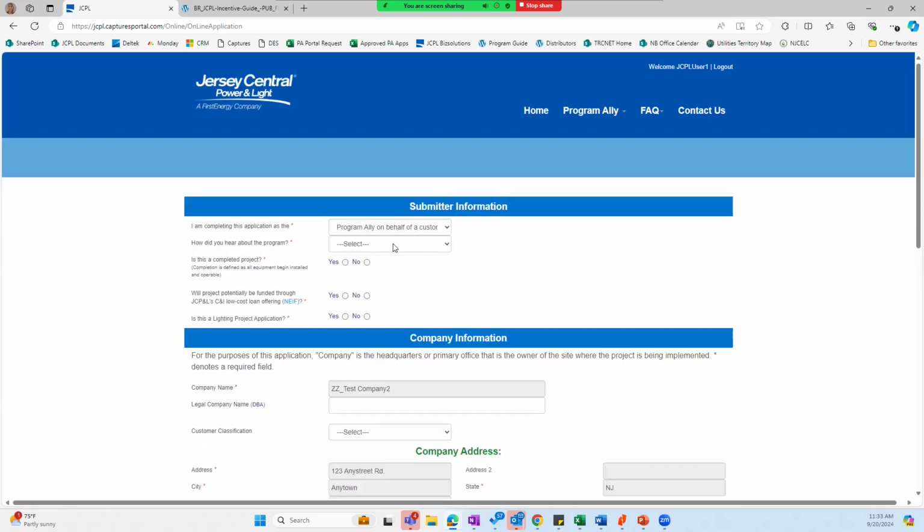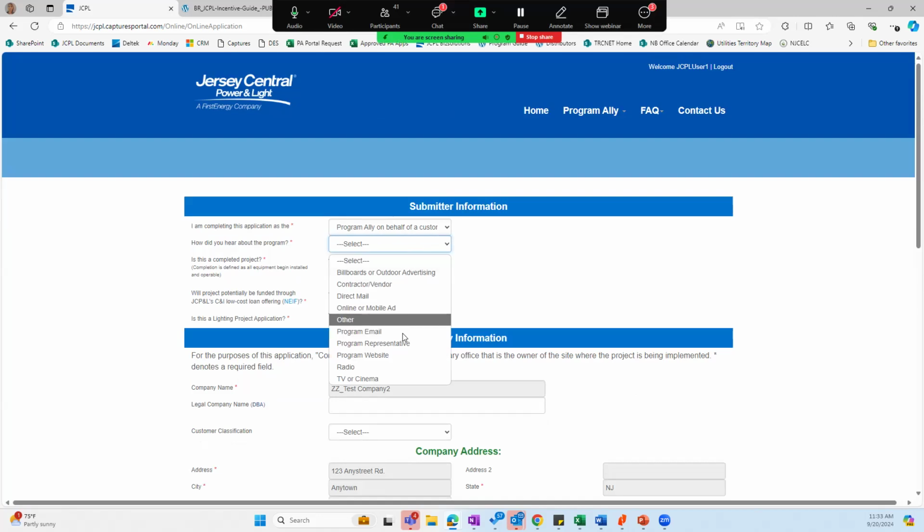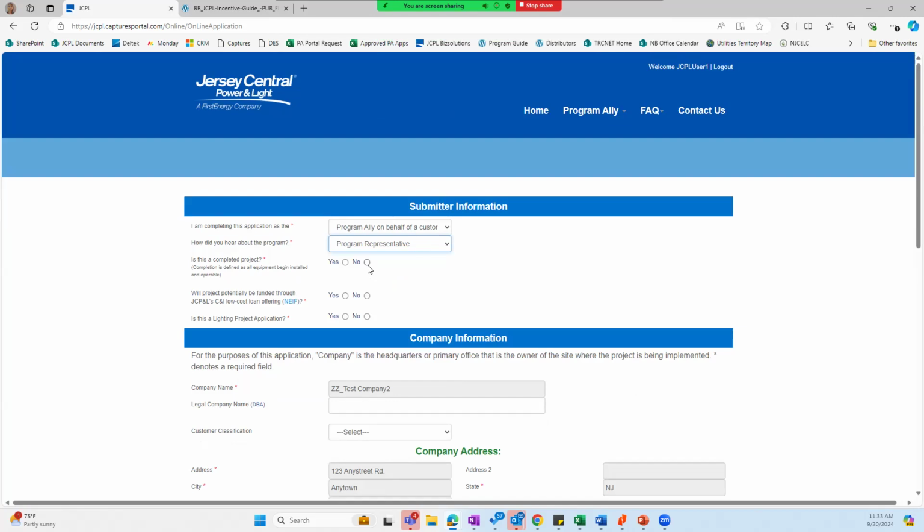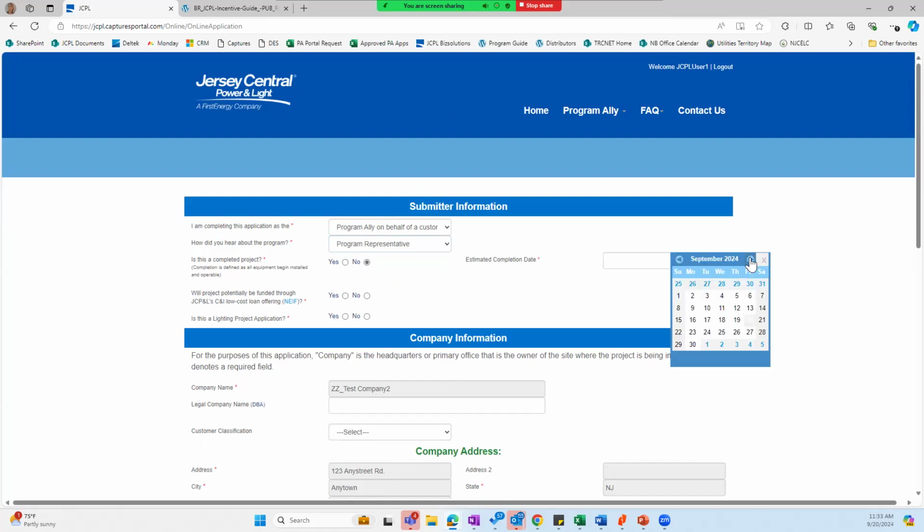Here we go. So this verifies you are a program ally submitting on behalf of a customer. How have you heard about the program? Because this is a custom program, a custom project, and it requires pre-approval. Of course, it's not complete. When do you anticipate the project being completed?